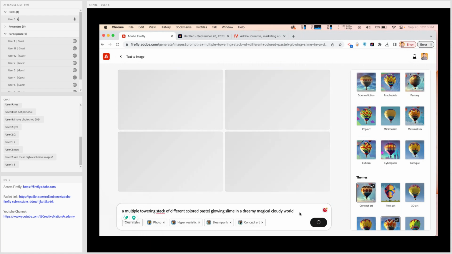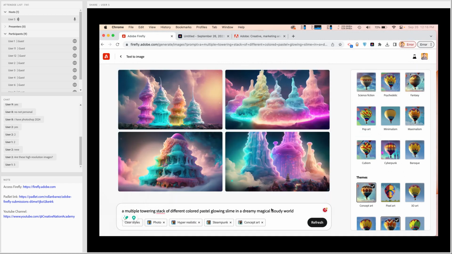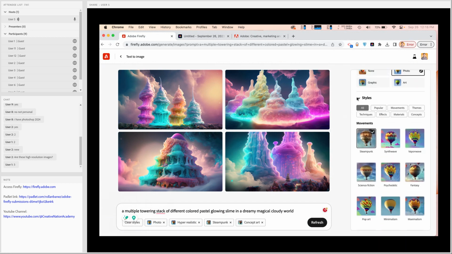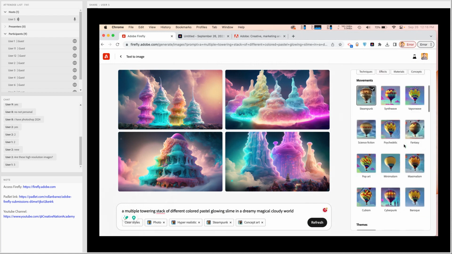It will easily be converted into a tag. Yes, there are lots and lots of styles inside of Firefly, and it also gives you these ideas so you don't have to research, and it's just a dead giveaway for all of us.